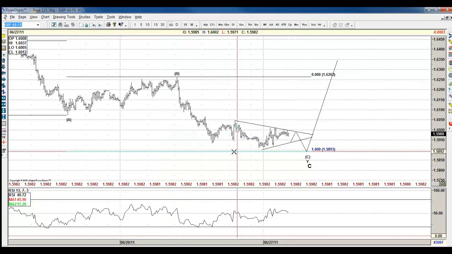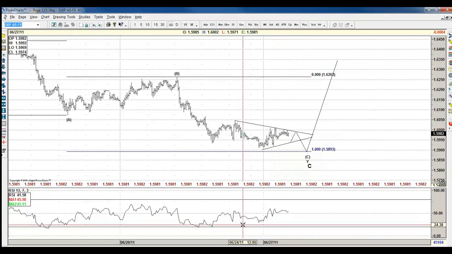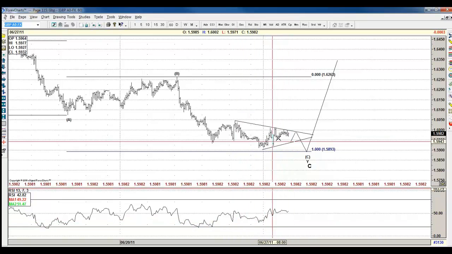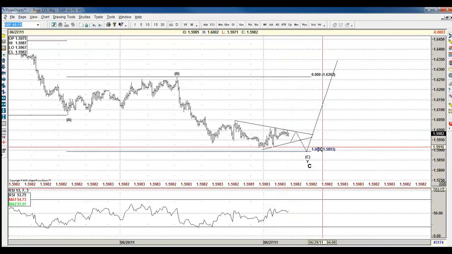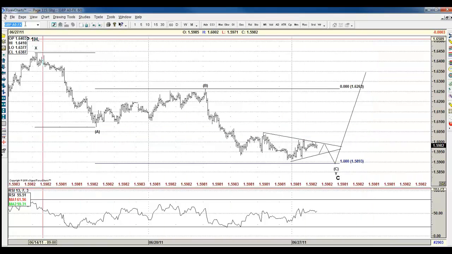So that got me a little confused. But look at the divergence that we have already in the RSI. But this looks corrective. So that's what I'm labeling, like the 158.80 area can be the case for the bounce on the euro, the pound against